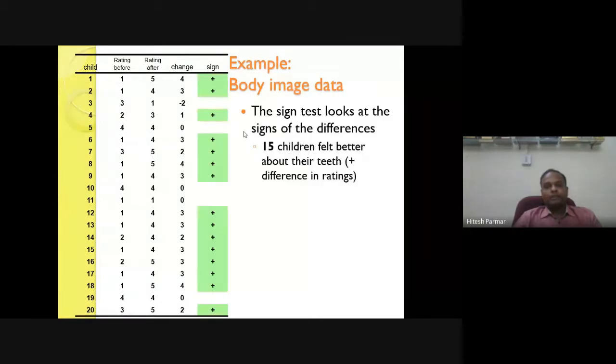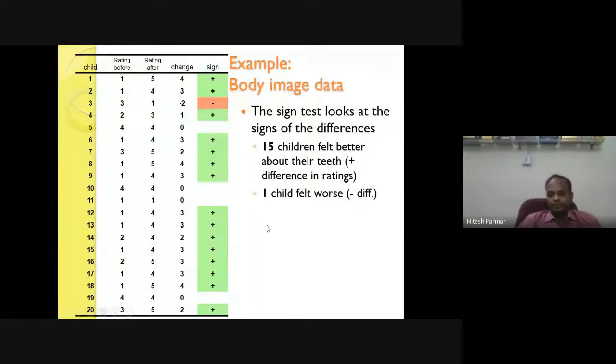Then what is the sign? For all positive changes you need to mention the positive plus sign. For negative ones you need to mention the negative sign. So 15 children felt better about their teeth because there are 15 positive signs. 1 child felt worse, so there is 1 negative sign.